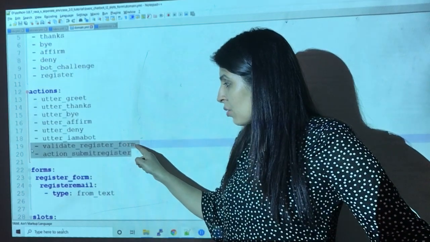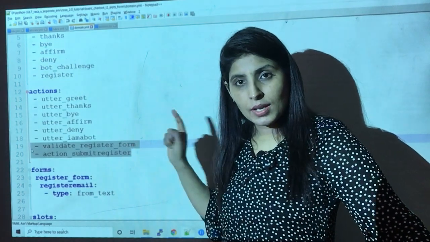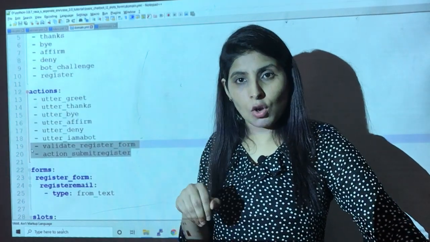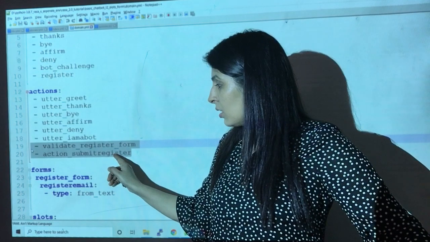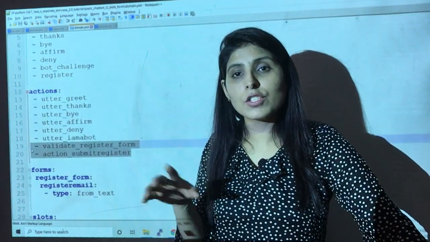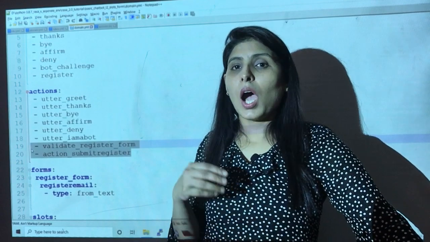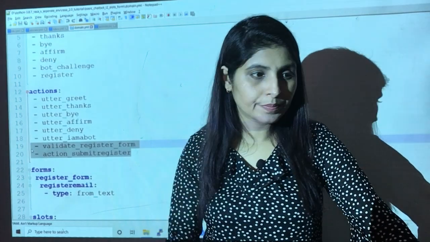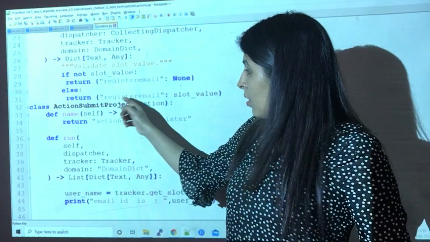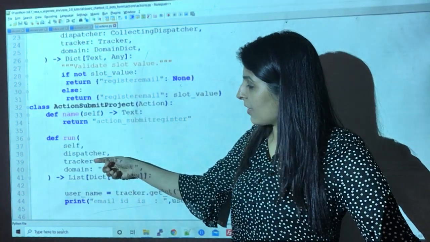This validate underscore register underscore form is the name of the class which is validating our slot value, and this action is the name of the class which is responsible for submitting our form. So this is the name, and again the run function.